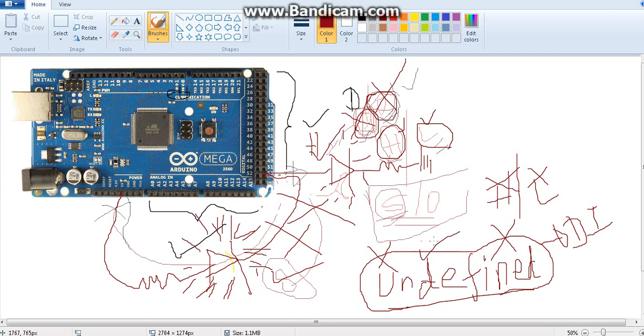To get rid of undefined, we have to bring the pin to either high or low at the initial state, either 1 or 0, so that it is not in an undefined state. Then only can you connect your digital input source, a switch or whatever, give the input and proceed further. So just remember, we cannot keep a pin in an undefined state because we want to read it further.